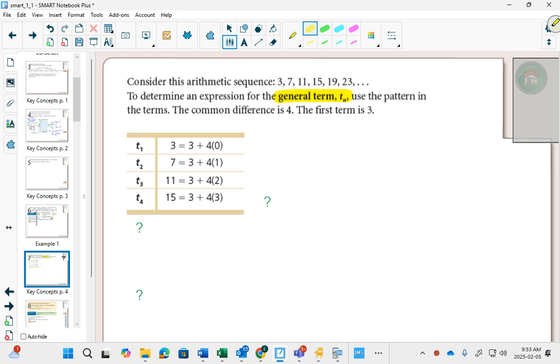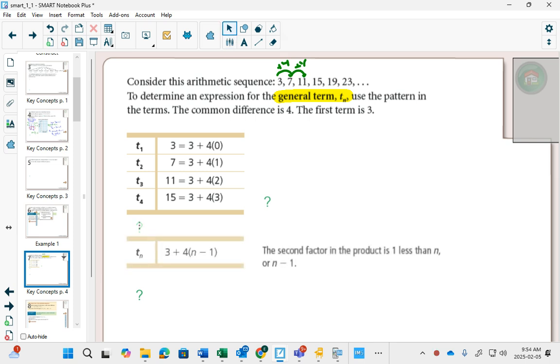I showed you both of these already on that sheet that we did before. So we could look at it that term 1 is 3 plus 0 fours, because it's just 3. To get to term 2, you'd have to start from the first term and add 4 once. To get to term 3, you would have to add 4 twice. So using this pattern, if you kept on going to the general term, Tn, any one of them,